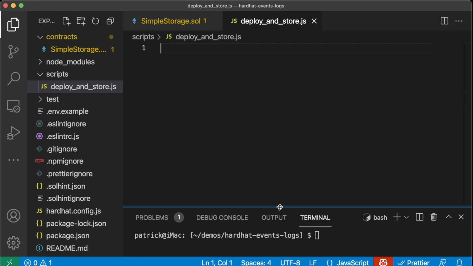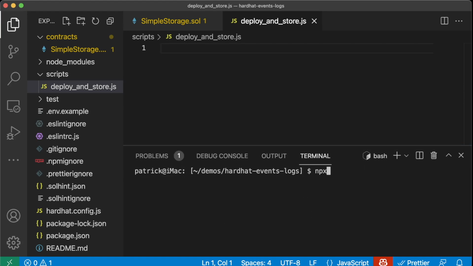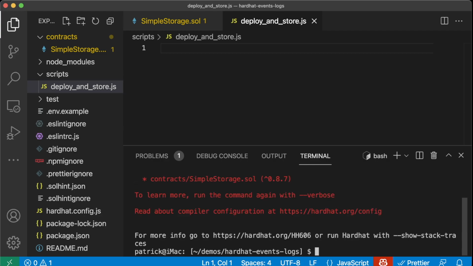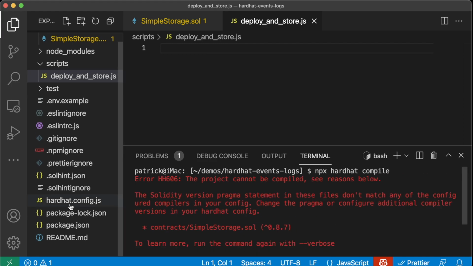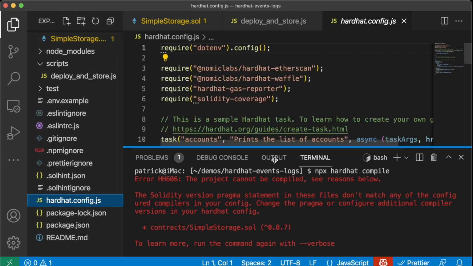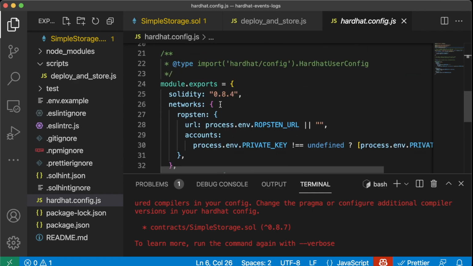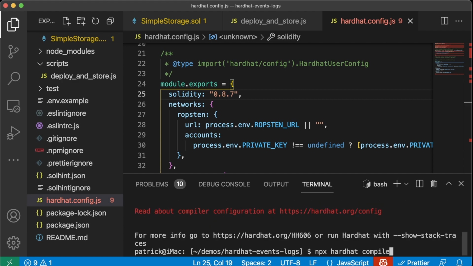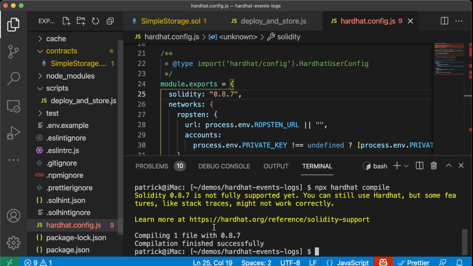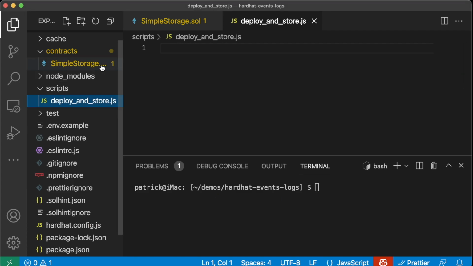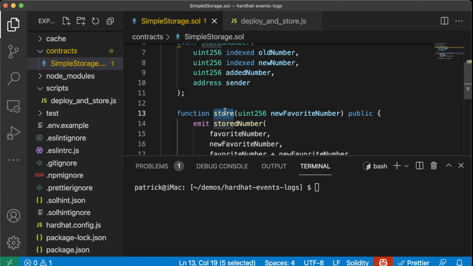And actually, before we even do that, let's just do a quick sanity check, npx hardhat compile, just to make sure it's compiling correctly. Nope, looks like we ran into an issue. It's the Solidity version. So we're going to go into our hardhat.config.js, and we can go right here to solidity. We'll do 0.8.7, so it knows to actually compile with the correct one. And perfect. Let's deploy this contract. Let's call this store function, and we'll